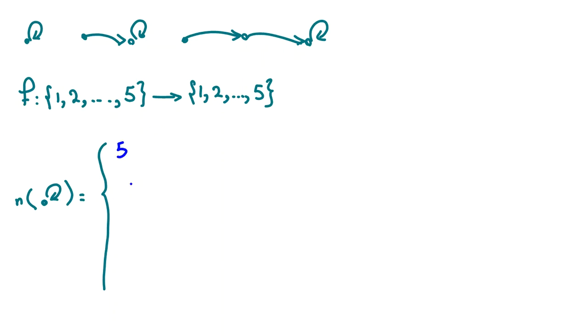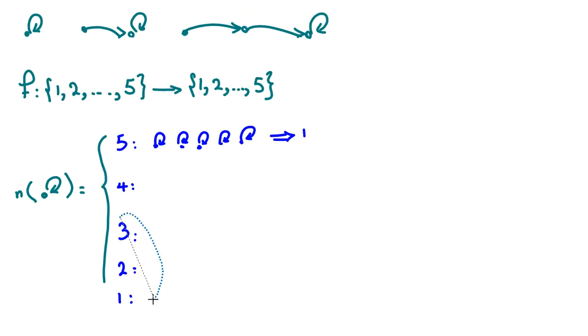Maximum is 5. It can be 4, it can be 3, it can be 2, it can be 1. For 5, we have 5 elements like this: 3, 4, 5. So, one way. For 4,